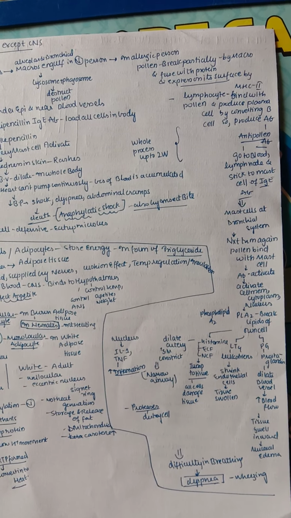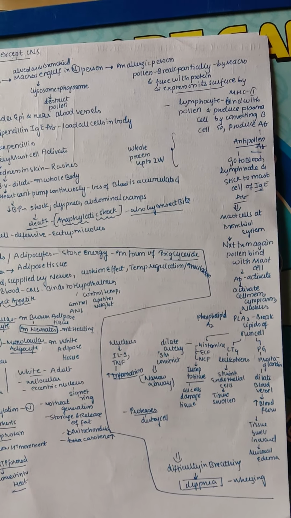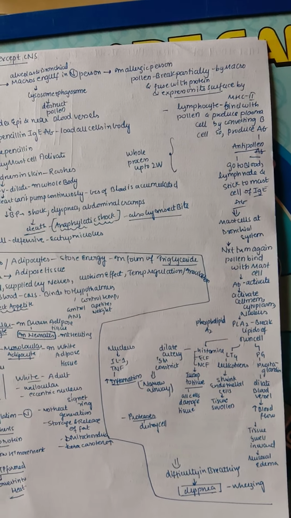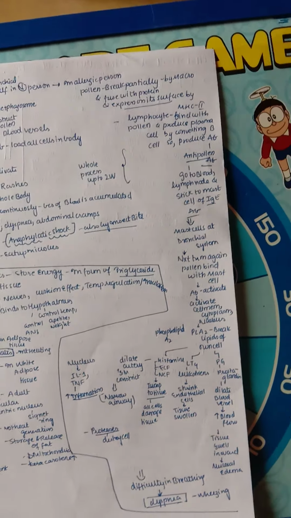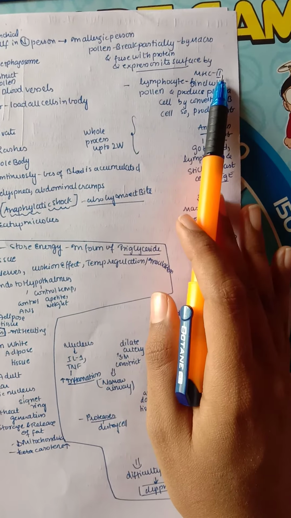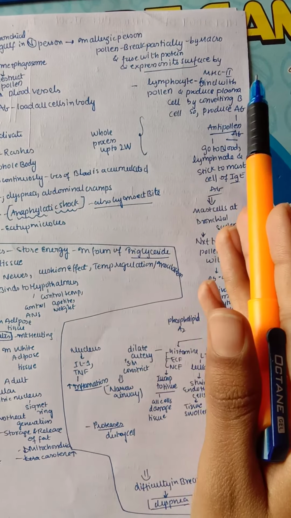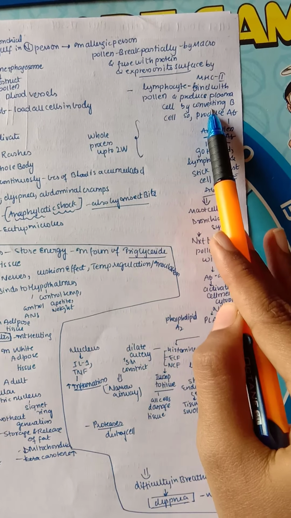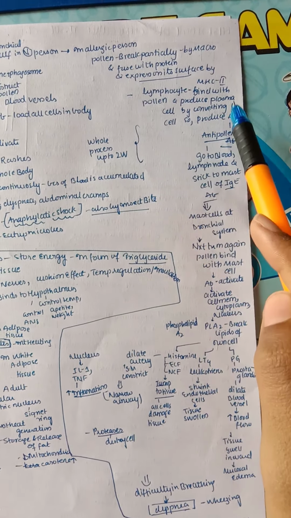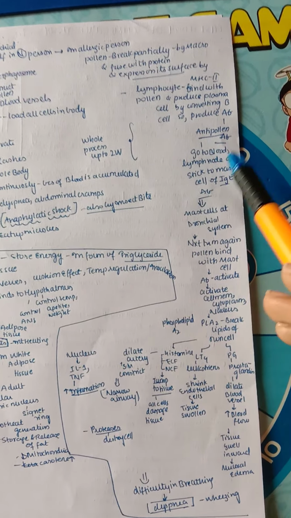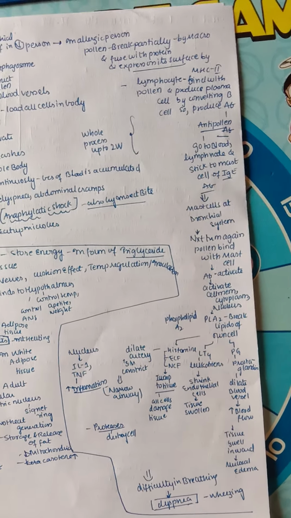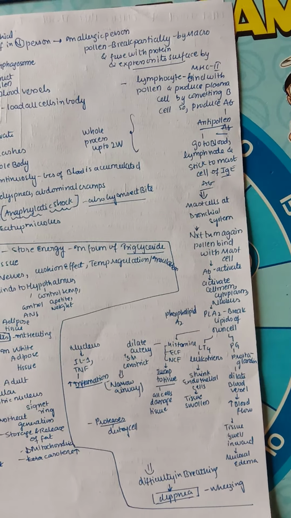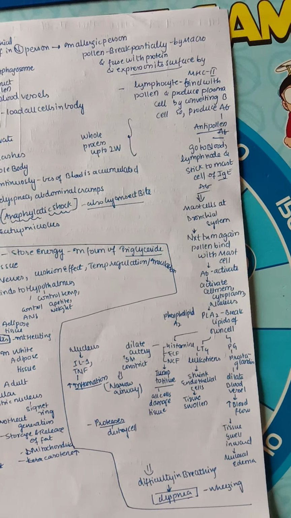So this is where the problem arises: as it is broken partially by our macrophage, it gets fused with protein and is expressed on its surface mainly by MHC class II molecules. As it is expressed, the lymphocyte binds with the pollen and produces plasma cells by converting the B cell. We know whenever the B cell converts, it produces antibodies. So antipollen antibodies are formed against it. Now they go into the blood and lymph node and stick to the mast cell via IgE. Always remember, only the IgE type of antibody gets attached to the mast cell.